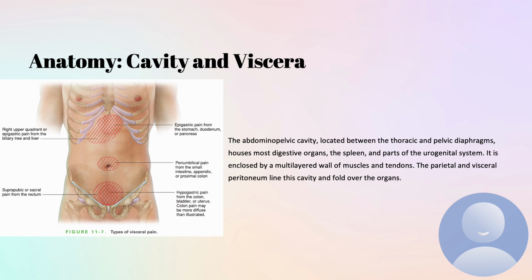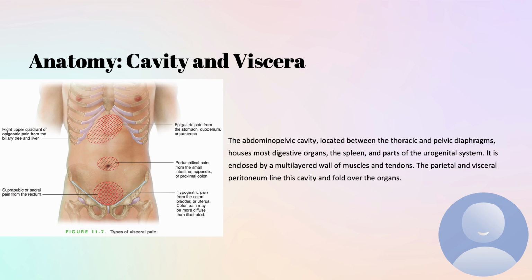Okay, so the location of the complaint is going to give us a clue as to the organ involved. For example, if the pain is epigastric in location, then it's going to be localized to the foregut derivatives such as the stomach, the duodenum, as well as the pancreas. In contrast, if it's in the right upper quadrant, it may be localized to the liver as well as to the hepatobiliary tree. If it's periumbilical, that's going to be derived from the midgut derivatives such as the small intestine, the ileum and the jejunum, the appendix, the ileocecal area, as well as the proximal colon, specifically the ascending colon, as well as the proximal two-thirds of the transverse colon.